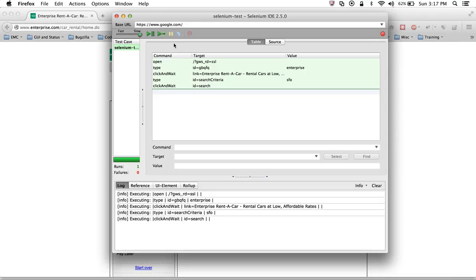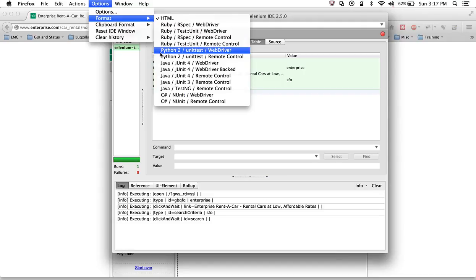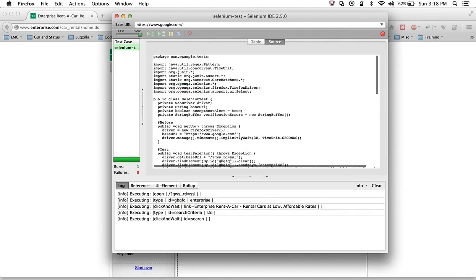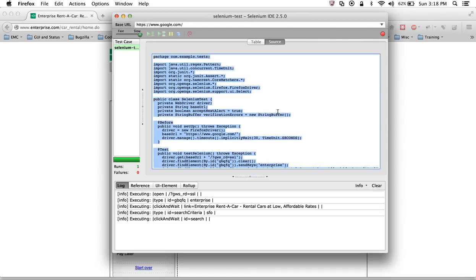Now I'm going to show you how I can use these steps to generate code for my WebDriver. So what we do is, from the options, we go to format, we go to the language that we are using. In this tutorial we are working with Java and WebDriver, so I'm going to select Java WebDriver. You can select Ruby, Python, C#, anything you like. It's just going to show me a pop-up for JavaScript. Click OK, and it shows me this code here. I want to completely copy this code,